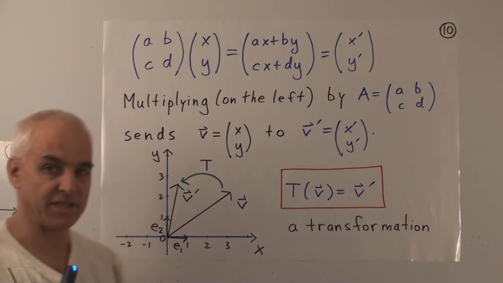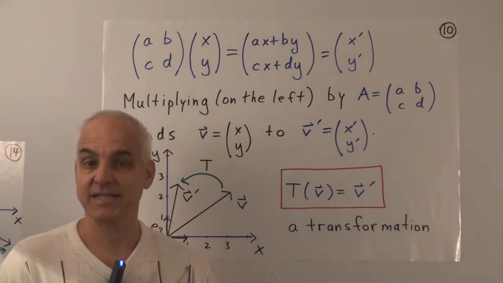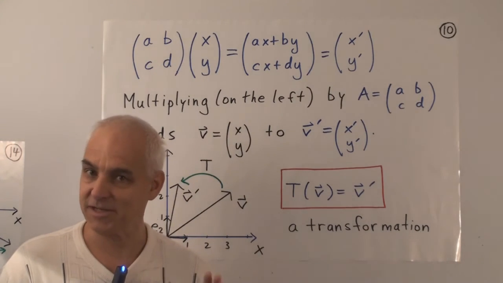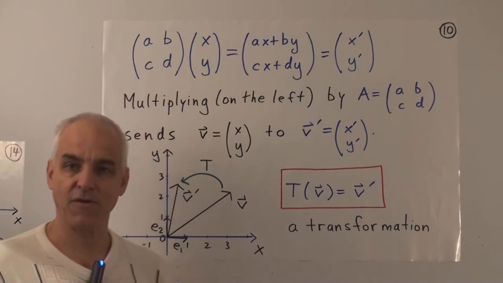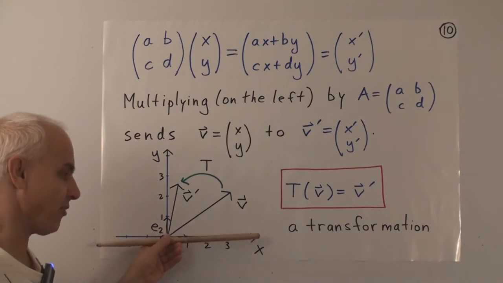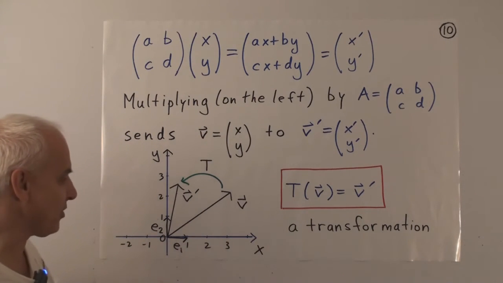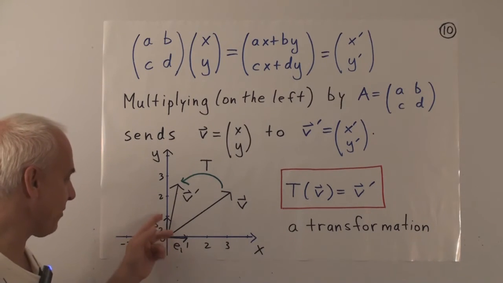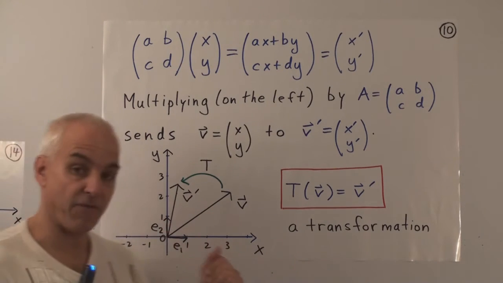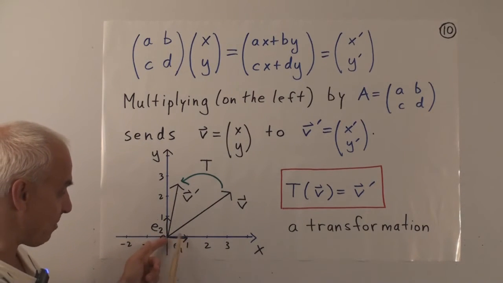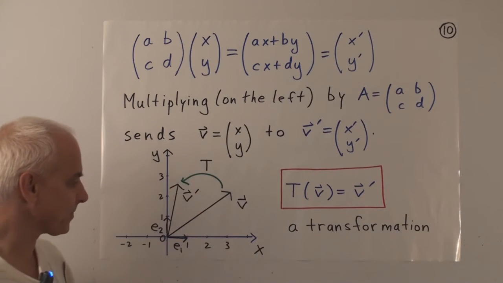Now we can use any coordinate system we like, but for the purposes of the rest of this talk, I'm going to use the standard coordinate system, which I've so far resisted doing on purpose. But now let's use the standard coordinate system that you're all familiar with from high school, where the axes are horizontal and vertical, where there are equally spaced numbers 1, 2, 3 in the x direction, equally spaced numbers 1, 2, 3 in the y direction, and there's a definite origin. This still fits into our framework because this is still essentially given by the two basis vectors E1 and E2, just that we haven't drawn all the other grid lines.